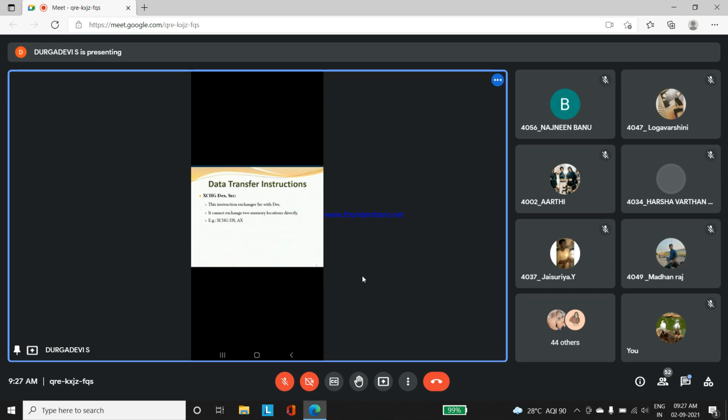And next instruction is exchange, XCHG DX, SRC. Suppose I am asking you to write a program to swap the content of two registers or two variables, a swapping program. So what will you do? You will take one temporary register or temporary location. You will move the content, and after that you will swap. It will take 2-3 lines. In assembly also it will take 2, 3 instructions. In order to avoid that, you have a direct instruction called